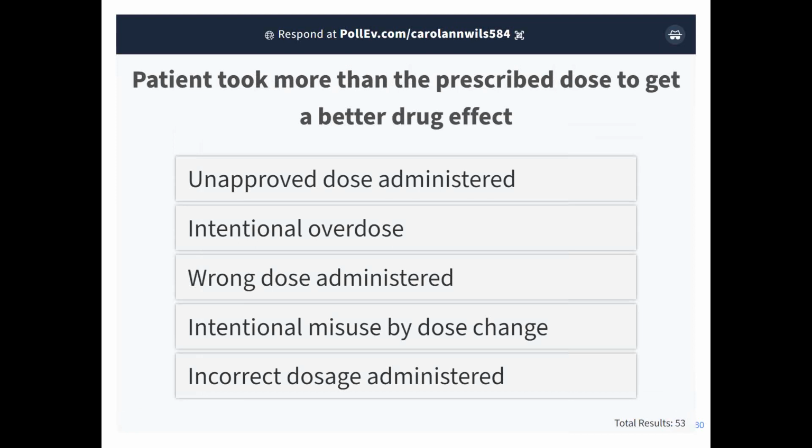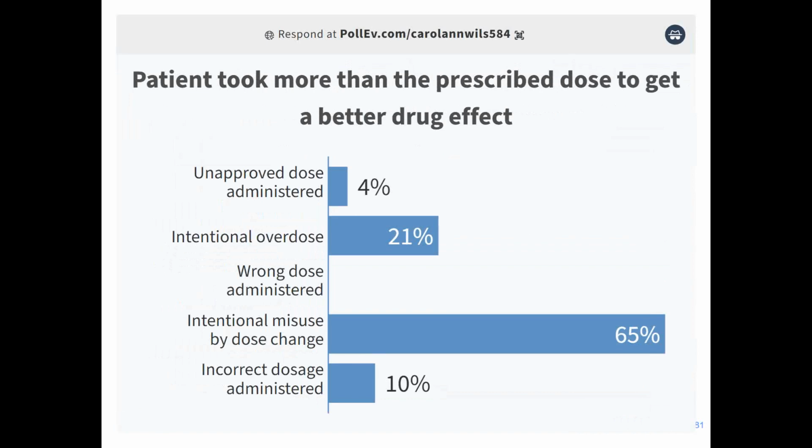Patient took more than the prescribed dose to get a better drug effect. Intentional by the patient for therapeutic purposes. Let's see what you're going for. Intentional misuse by dose change is the favored solution.